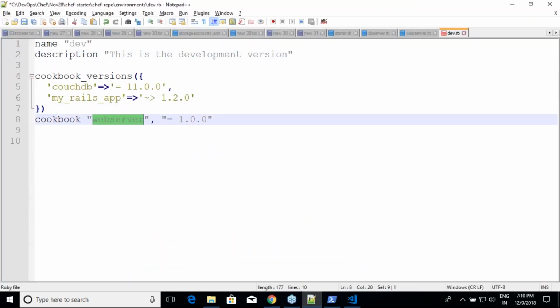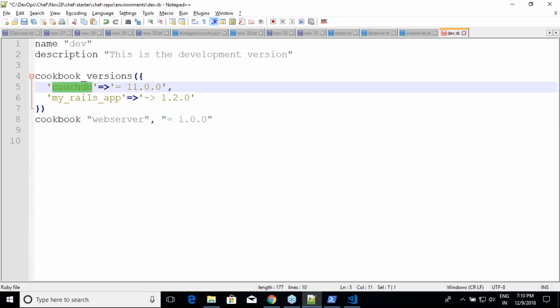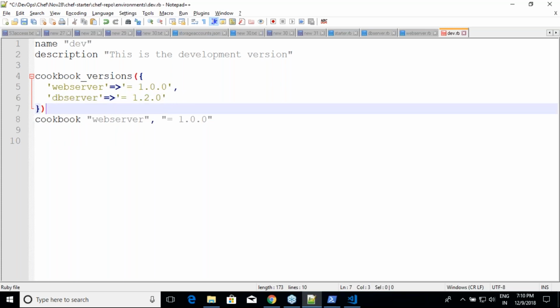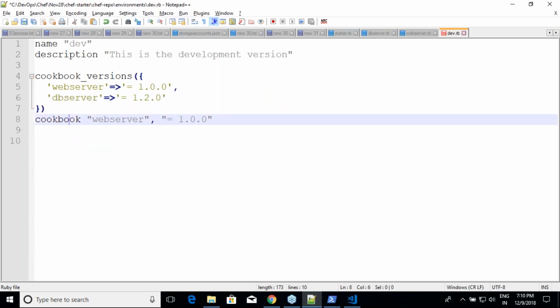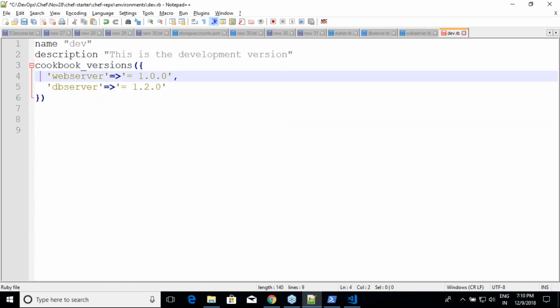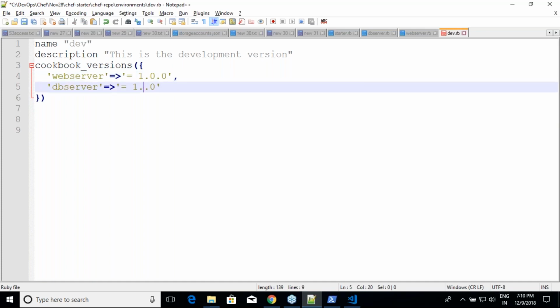So web server equals to 1.0.0 and DB server is also equals to 1.0.0 and I'm not interested in this line. Simple. So it is 1.2. I'll correct it. Now I'll copy the same content